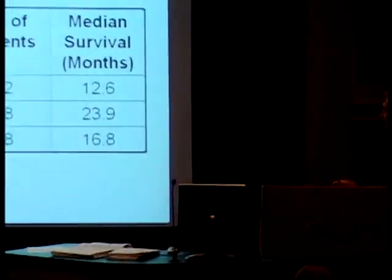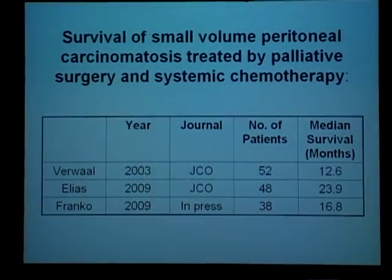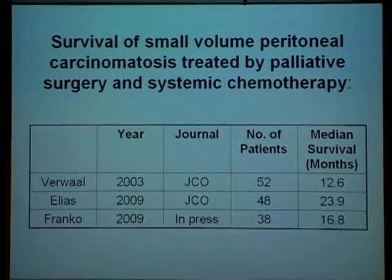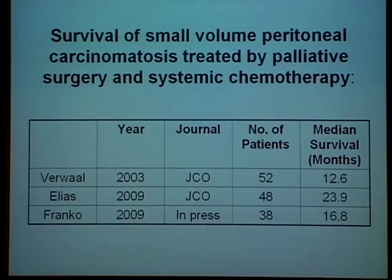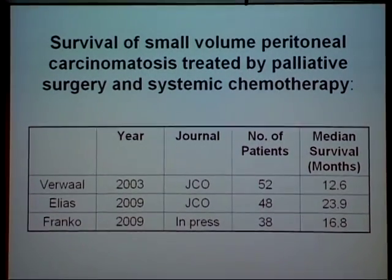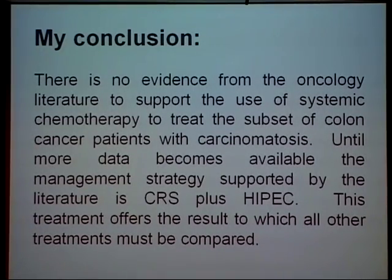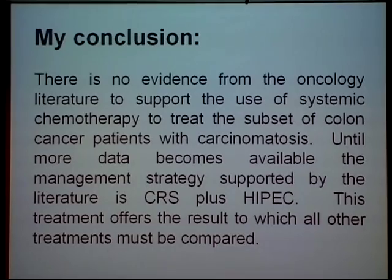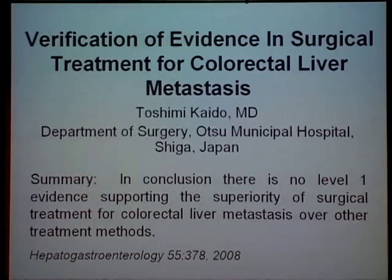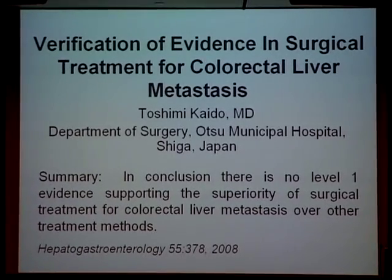The survival with systemic chemo, this is the manuscript I was talking about, where you do half as well if you have peritoneal metastases as compared to other types of metastatic disease, such as, for the most part, liver. Okay, so there's no evidence to support the use of systemic chemotherapy, but a lot of evidence, in my humble opinion, to support